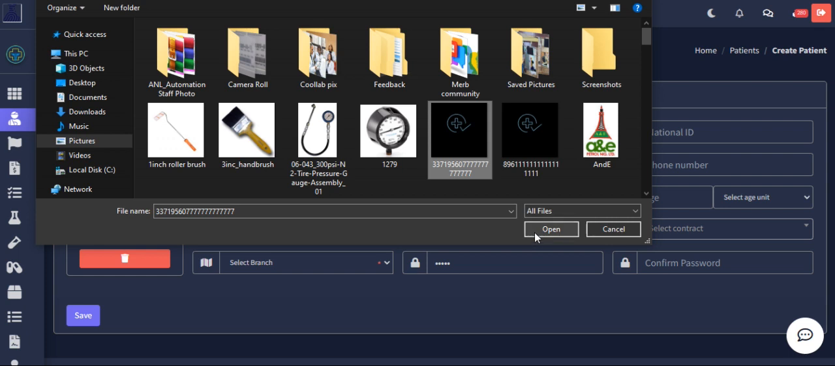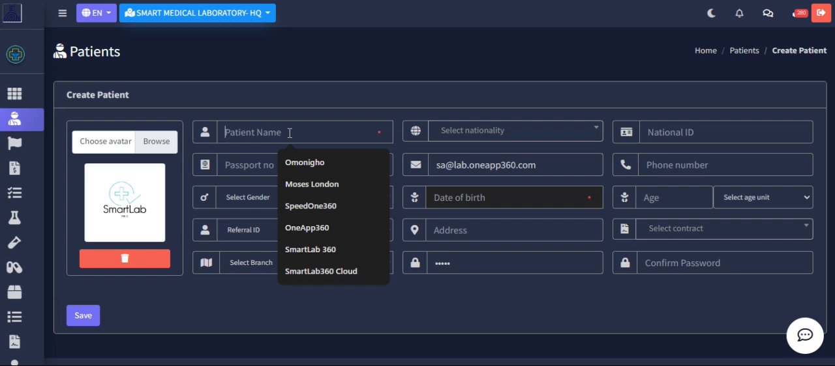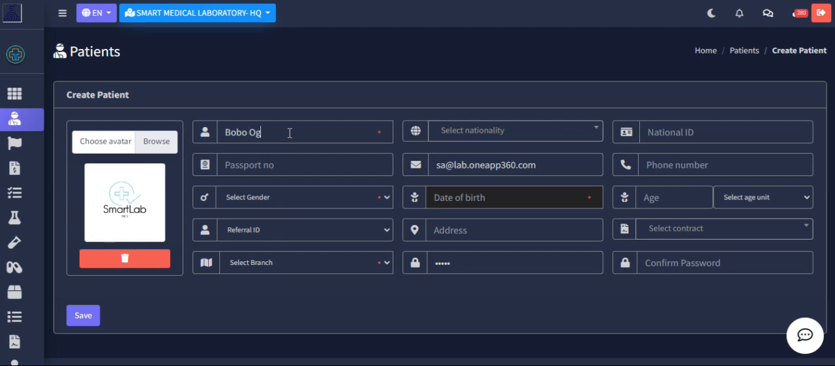So you select the patient photograph and then attach it to the system. Now you see it has uploaded here. Now these red fields are marked compulsory fields, so you have to make sure you fill in those correctly. Patient's name, passport number if available, you enter the gender of the patient, and if this patient has been referred by an agent, the agent must